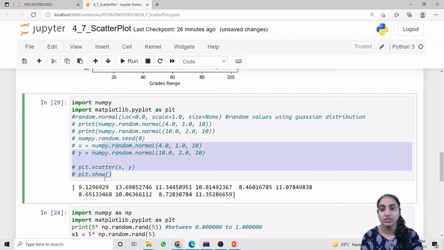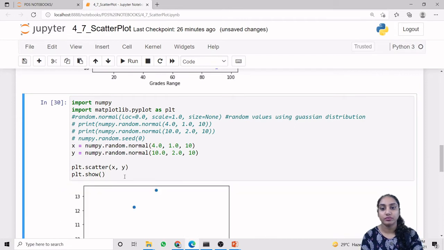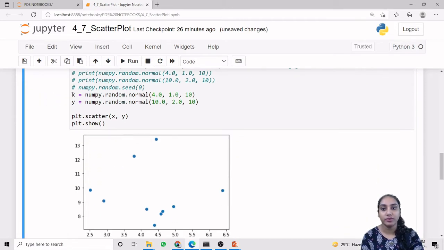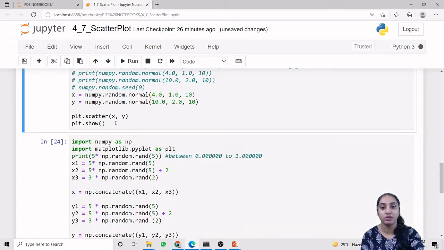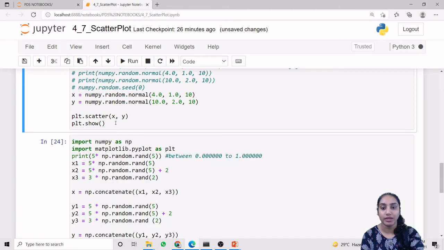Now we are using the same numpy method, and we are storing our random numbers in two variables, the x variable and the y variable, and using them in the scatter method, scatter x comma y, to represent our plot. So let us just run this code. This is similar to the previous example, where we took static x and y lists, but now the list is dynamic. We have not taken any value; it is generated dynamically using the random normal method.